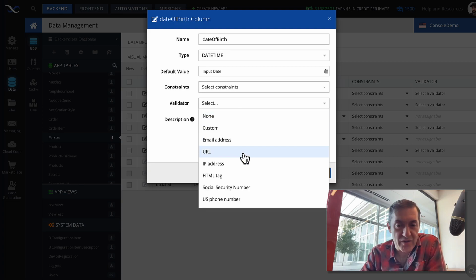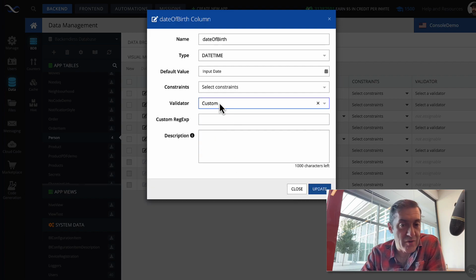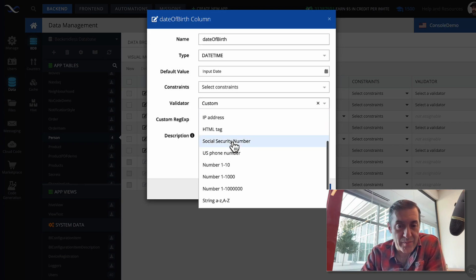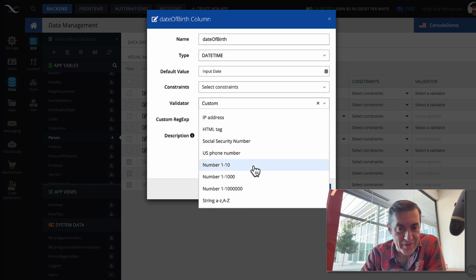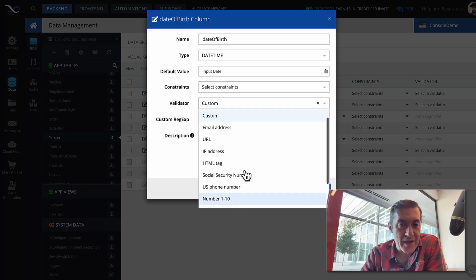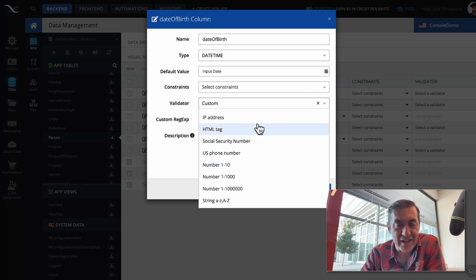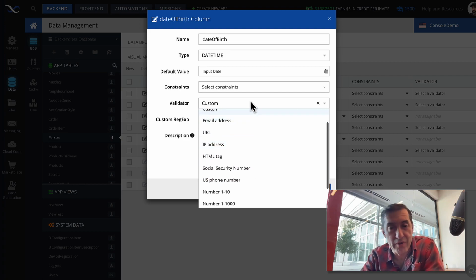And validator is a regular expression validator where you can provide a custom regex for the format that needs to be accepted. There are some built-in ones that you could use for some data types. Let me see if there's actually one for datetime. Actually, there is not. So there are no pre-built validators, but you can come up with your own if you need to.